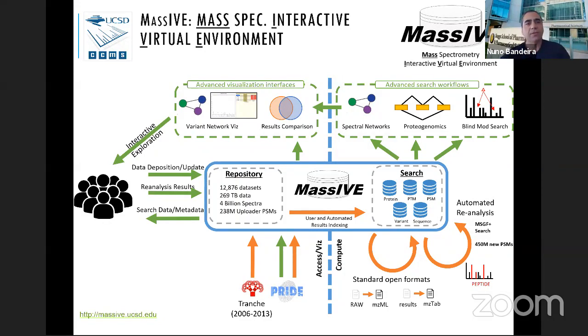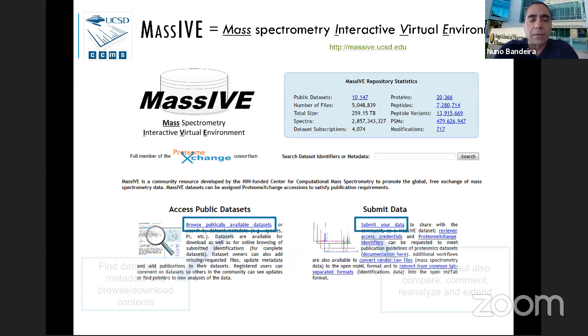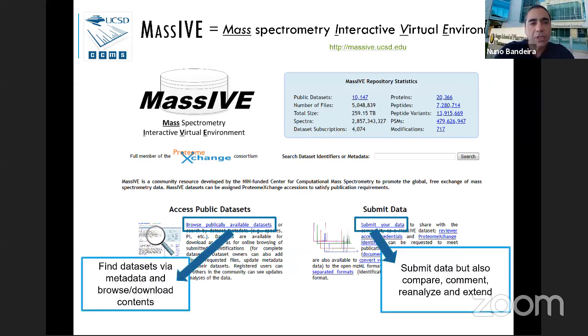So if you go to MassIVE, of course, at the start of the homepage of MassIVE, the first things that you'll see, beyond just some statistics of what's happening in a repository on that day, where we are with numbers, you'll have the two common things from repositories. You can access the public data sets, or you can submit new data sets, where it's also where you find the ability to do other things, such as reanalyzing, comparing,